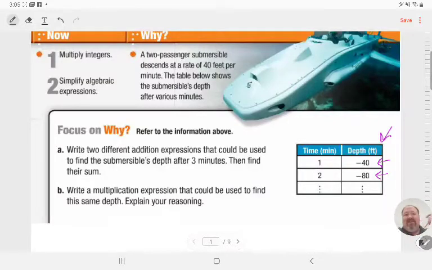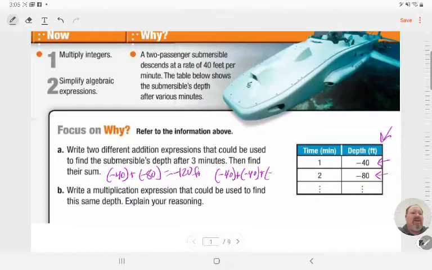So addition expressions. So we could say negative 40, which is 1 minute, plus negative 80, which is 2 minutes. And that would give me negative 120 feet. And then I could also say, if I know that it's 40 feet per minute and I'm wanting 3 minutes, then I could just take negative 40 plus negative 40 plus negative 40, which is going to equal negative 120